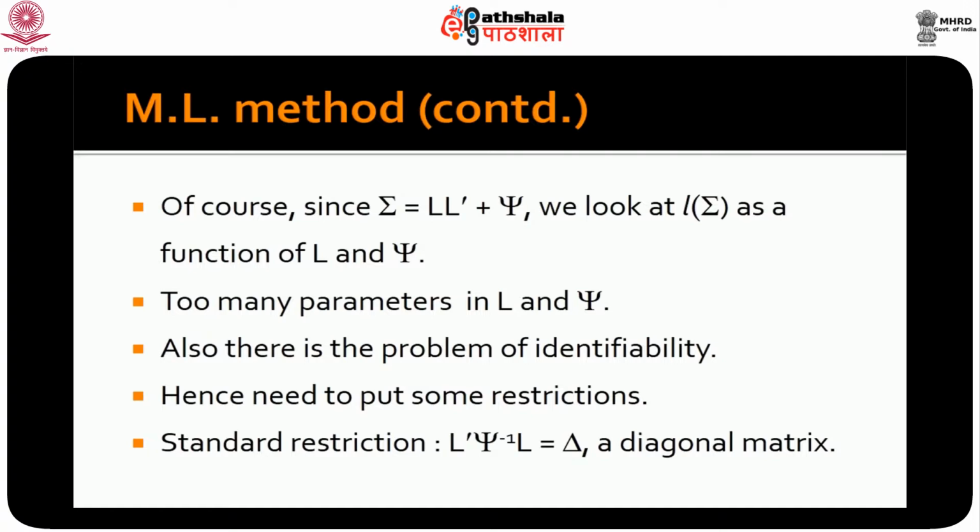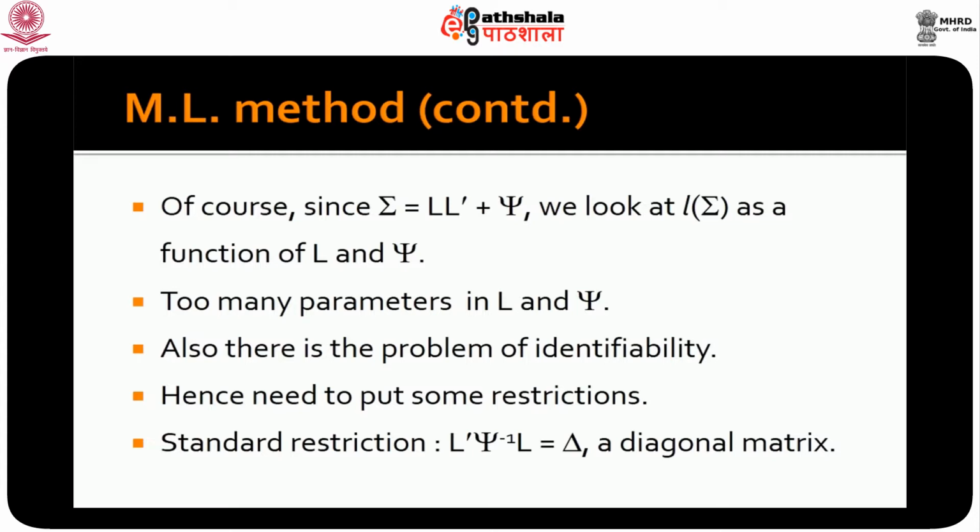in this case. Okay? And to do that, remember that we are not going to look at sigma as such, we are going to look at sigma equal to LL prime plus psi. So the original parameters would be the elements of L and the diagonal elements of psi. And since there are too many parameters here, we need to put some additional uniqueness condition. One of the very popular conditions that's very often imposed is L prime psi inverse L is equal to delta,